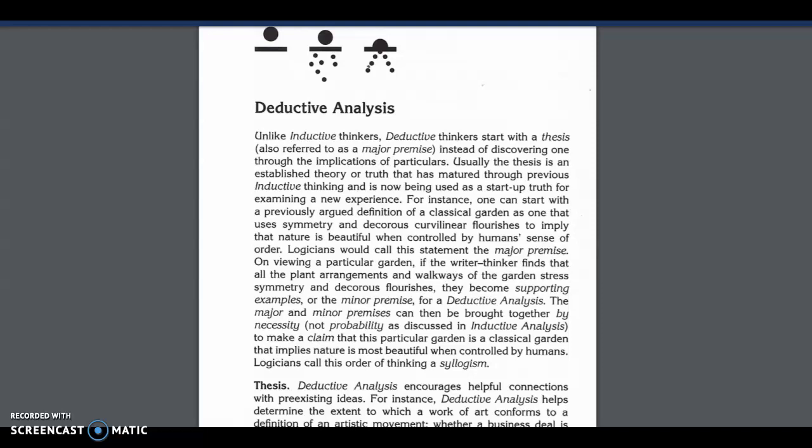All right, so let's move on to deductive analysis, right? We've talked about induction, or inductive analysis. What's the difference here with deductive? Okay, simple way to start off, and there's no spoiler alert here. Deductive analysis, you start with a thesis, as opposed to induction. You start with a thesis, then you work backwards, if that makes sense. Okay, work backwards to establish your claim.